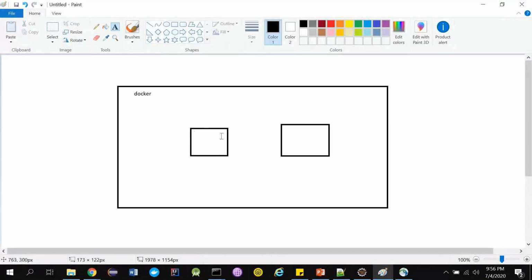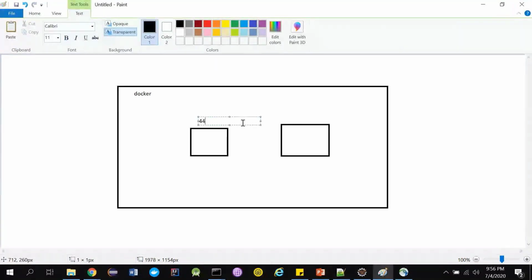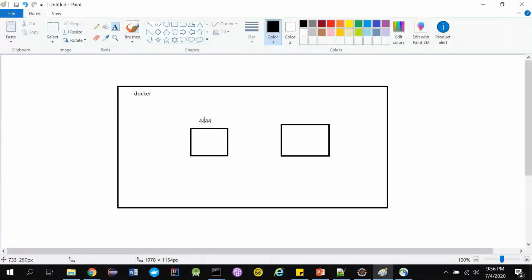If you don't expose any of the ports, we cannot communicate with them. So I'm going to expose a port from my container, using this port. I'm linking this to my localhost 4444.